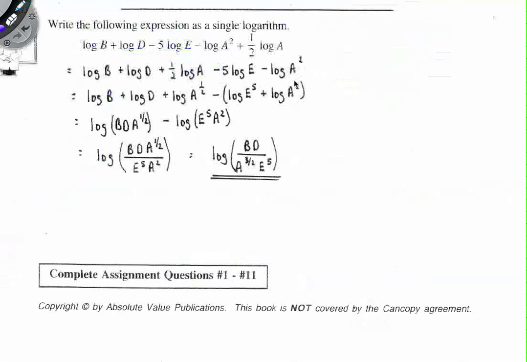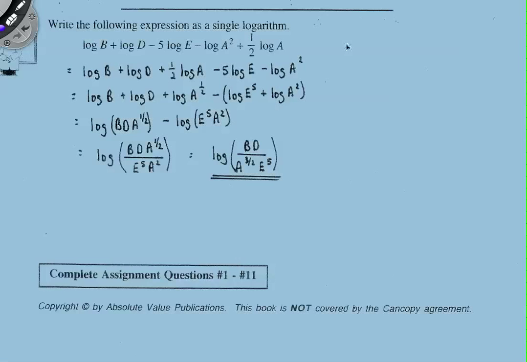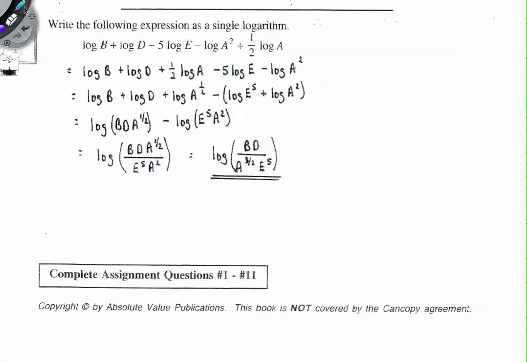Okay, last example, and it says write the following expression as a single log. Log b plus log d equals minus 5 log e minus log a squared plus a half log a. So just use the quotient and product laws, remember all positive logs can go on top. In a sense, I'm not even going to follow this because it's one method, you can look it over. I am going to write this as a single log. If I can get rid of the screen of blue. Okay, selecting the pen. We will have a single log